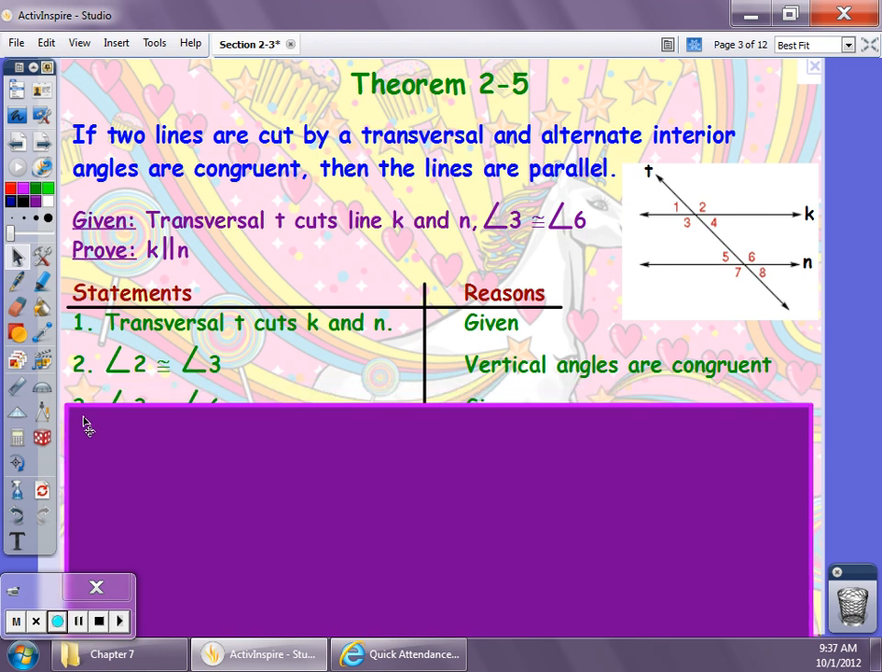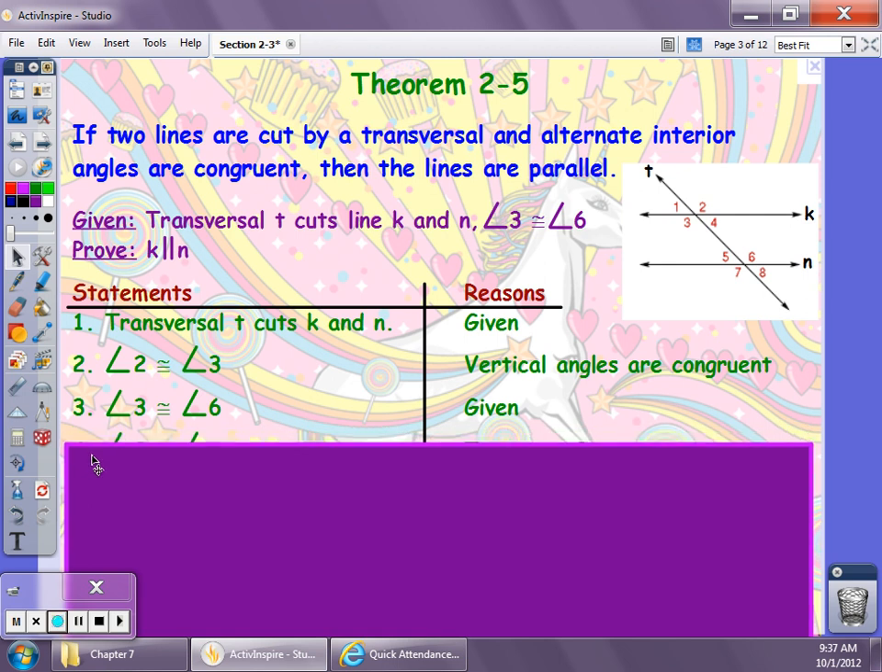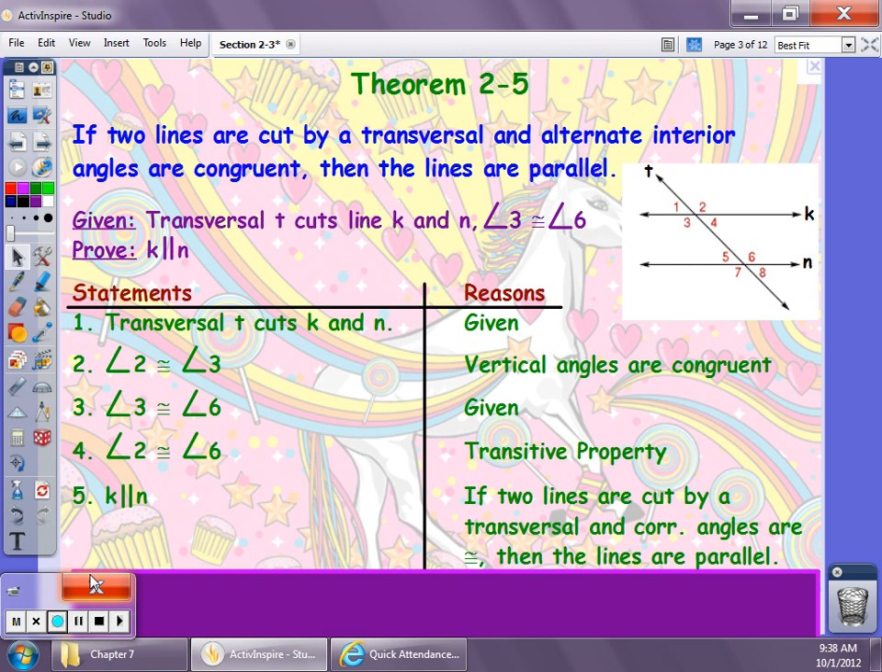Then I can go back to my second given statement, which says that angle 3 is congruent to angle 6. Since angle 2 is congruent to angle 3 and angle 3 is congruent to angle 6, I can use my transitive property to now say that angle 2 is congruent to angle 6. By looking at the diagram, I've now proven that angle 2 and angle 6 are congruent and are corresponding angles, so now I can state postulate 11 and prove that line K is parallel to line N based on postulate 11, which says if two lines are cut by a transversal and corresponding angles are congruent, then the lines are